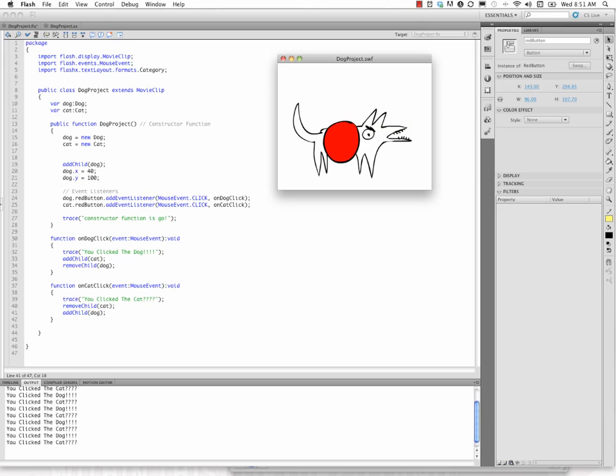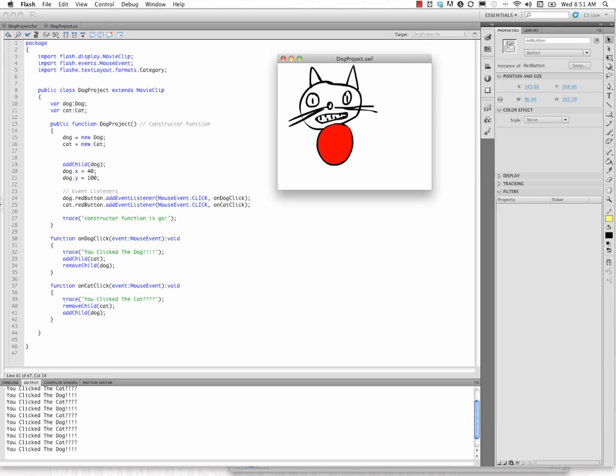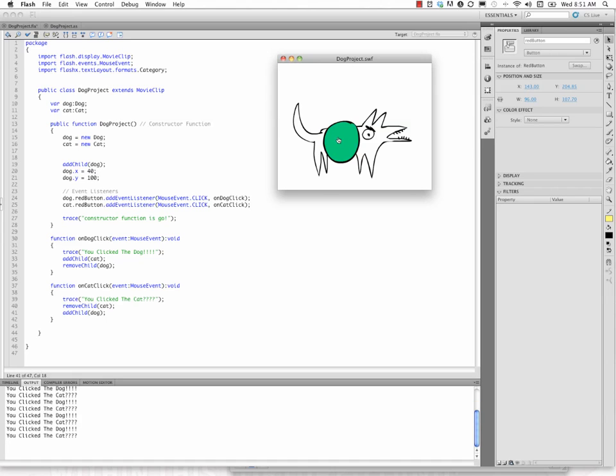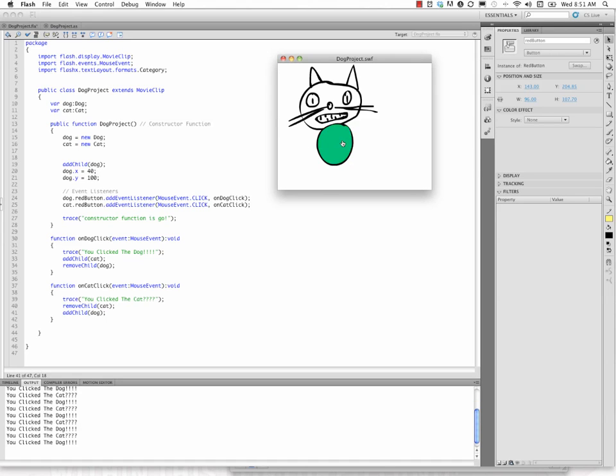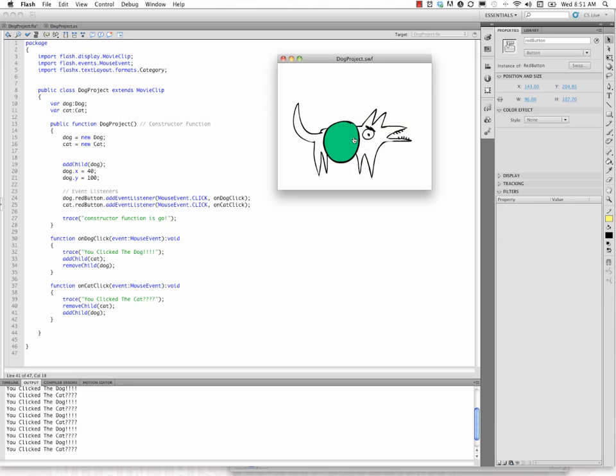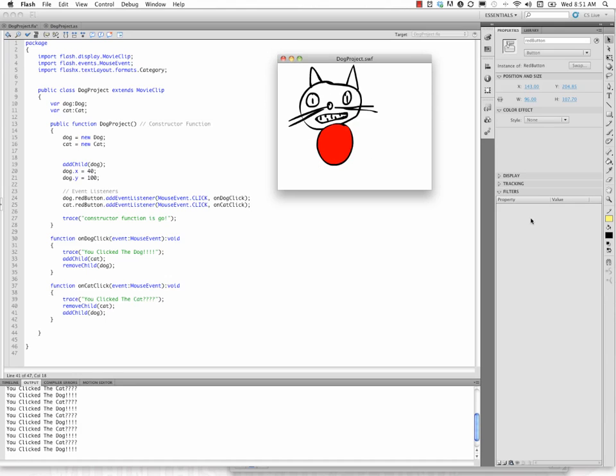Now, if we wanted to, instead of having addChild dog, we could say addChild scene 3 or whatever we wanted to do there. And we can keep reusing the same button over and over again, as long as each time we use it in a symbol, we give it a name and that we access it correctly using our dot notation like we've done here. Okay,